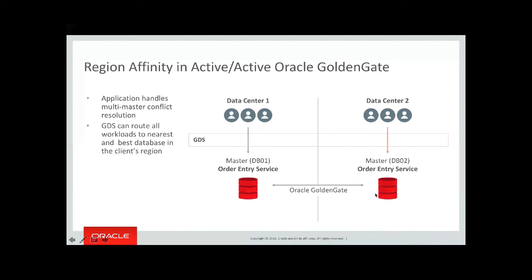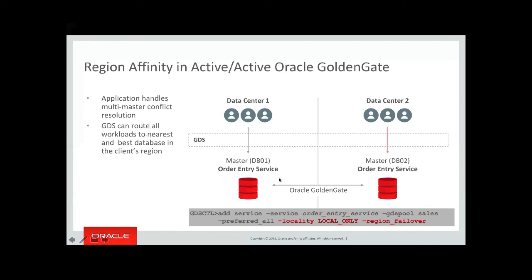So in this example, I'm using GoldenGate in a multi-master configuration with conflict resolution. And now when I create my global service, I would say preferred all. That means it can go to any database, but the preference is locality local only. That means these clients should be routed to the nearest data center, right? But if there is no database in that data center, my second option is to have a region failover. That means as a second option, I can go to another database in another data center,